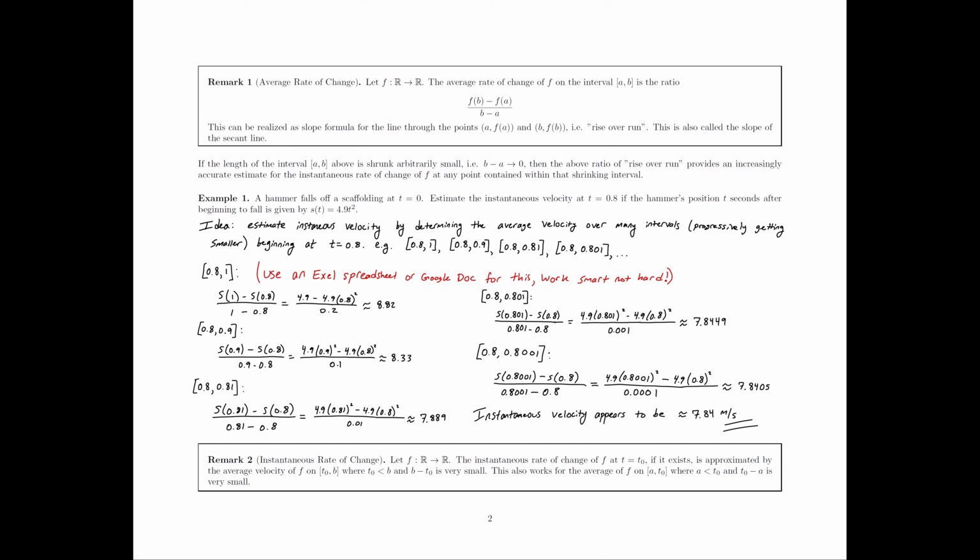So example 1, a hammer falls off a scaffolding at t = 0 seconds. Let's estimate the instantaneous velocity of the hammer at 0.8 seconds. If the hammer's position t seconds after beginning to fall is modeled by this function s of t = 4.9t squared. So this function s of t, you plug in how many seconds after it began to fall,